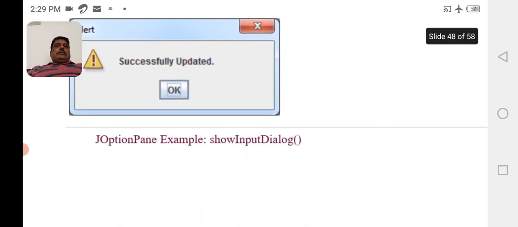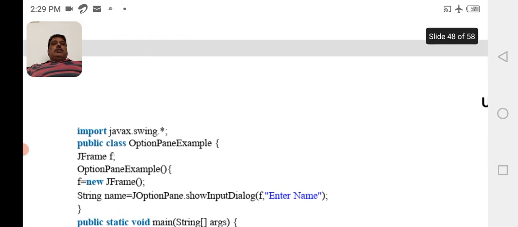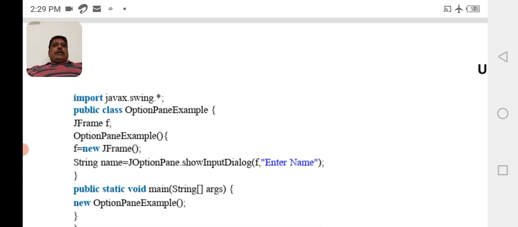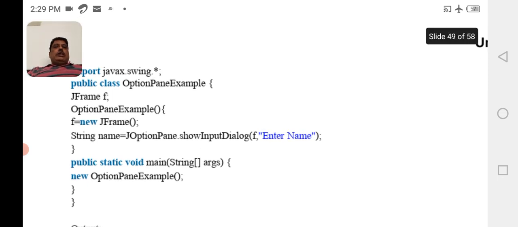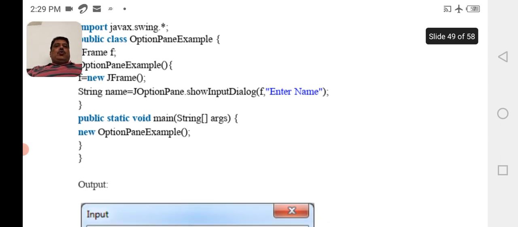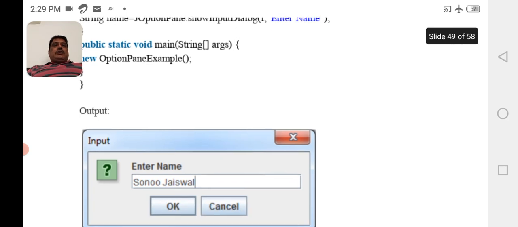JOptionPane example with showInputDialog. Import javax.swing.*; public class OptionPaneExample { JFrame f; OptionPaneExample() { f = new JFrame(); String name = JOptionPane.showInputDialog(f, "Enter Name"); } public static void main(String[] args) { new OptionPaneExample(); } } So when the above program is executed, the output is